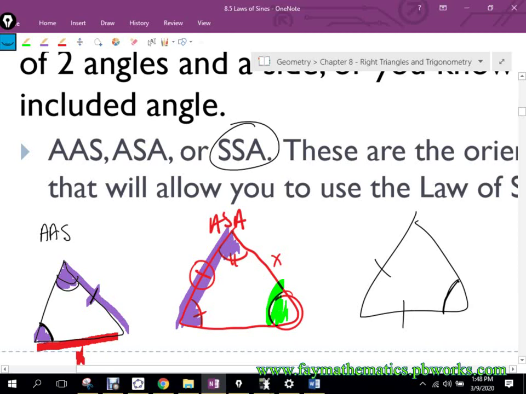I'm trying to draw your attention to this so we remember: if we reverse the letters right there, A-S-S, that's an orientation of parts that is difficult to work with. It's a pain in the butt. Does that make sense? So ASS equals butt. That's how I'm going to have you remember that when we get to a picture or a structure of parts that are angle-side, that's a pain in the butt, because it almost doubles, if not triples, the amount of work that we have to do. It kind of stinks. So all the other ones are pretty straightforward to work with. This one, we've got to do some